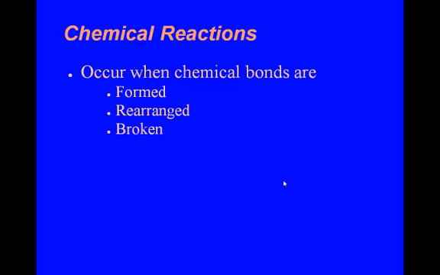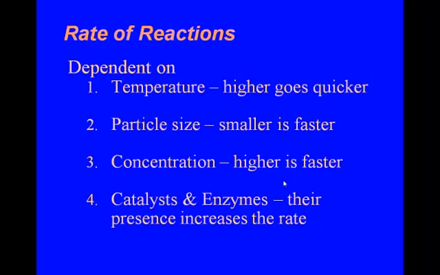Now, chemical reactions. When do these occur? Well, they occur whenever a chemical bond is either formed, rearranged, or broken. The rate of reactions is dependent on several things. First, temperature. The higher the temperature, the faster the reaction. Second,